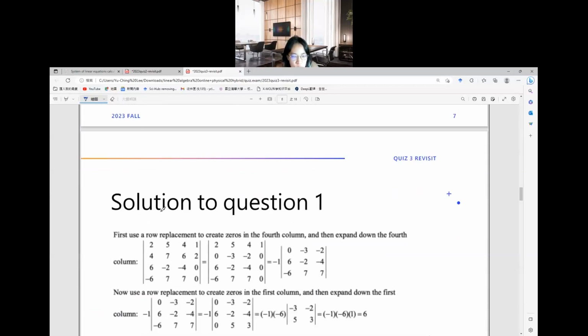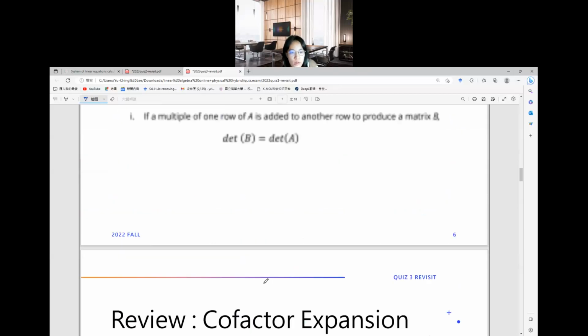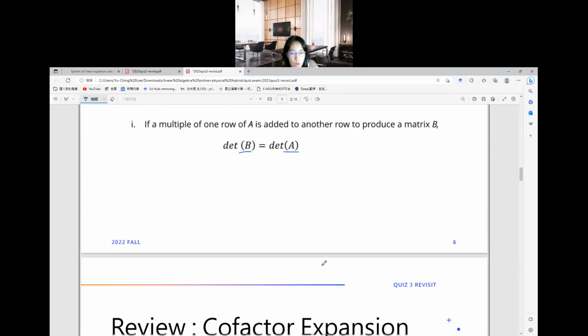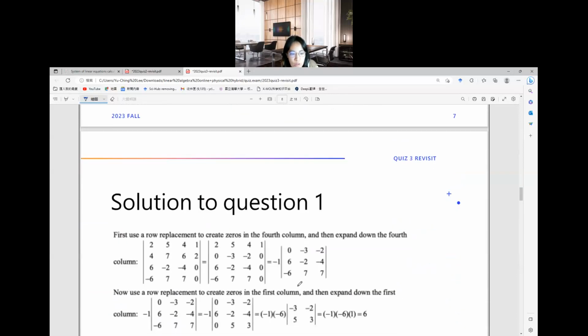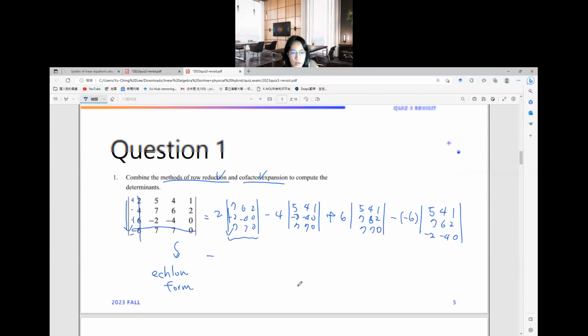So what is the suggested solution for this question 1? Actually, this is a very technical solution because in this process, the solution uses both the row replacement and the cofactor expansion in order to find the value of the determinant. But of course, you can